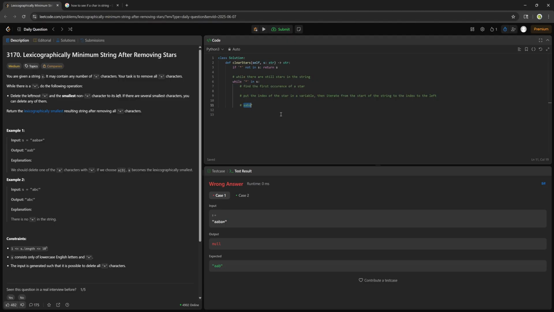And then out of the characters in that frame, we want to find the smallest non-star character. So find the first occurrence of the star. We want to iterate through the entire string, but we want to keep track of the index. So for i in range, do we want to make a variable? For i in range length of s,